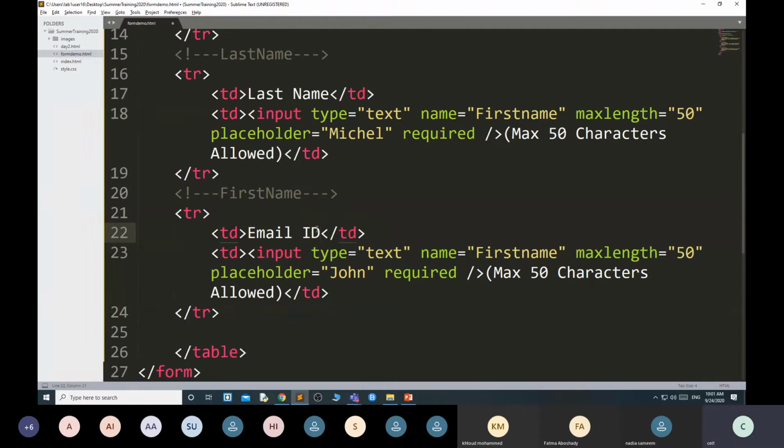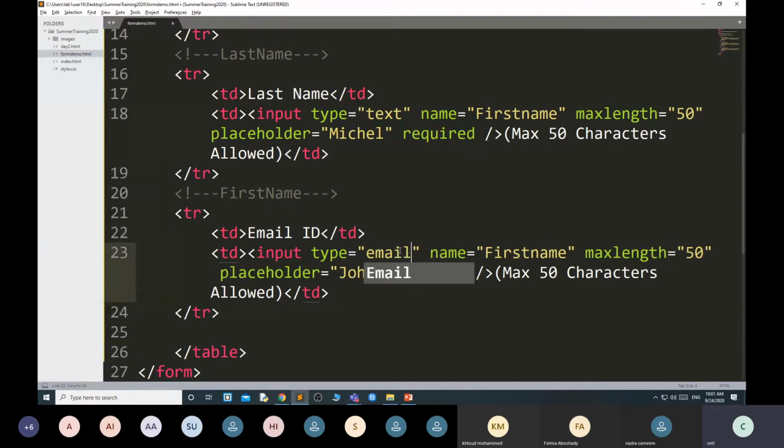See, when you are using email ID, your input type equal to email. What is the benefit you are getting by using input type equal to email? Automatically, it will consider this field will accept the proper email ID. Like the email ID must have the @ symbol and one domain name. If you use input type equal to text, then if you do not enter the proper email ID also, it will accept the detail. Okay, that's why these are the new things in HTML5.